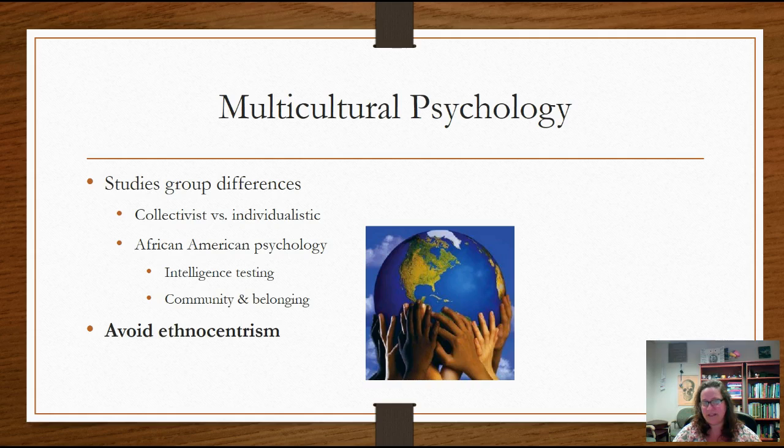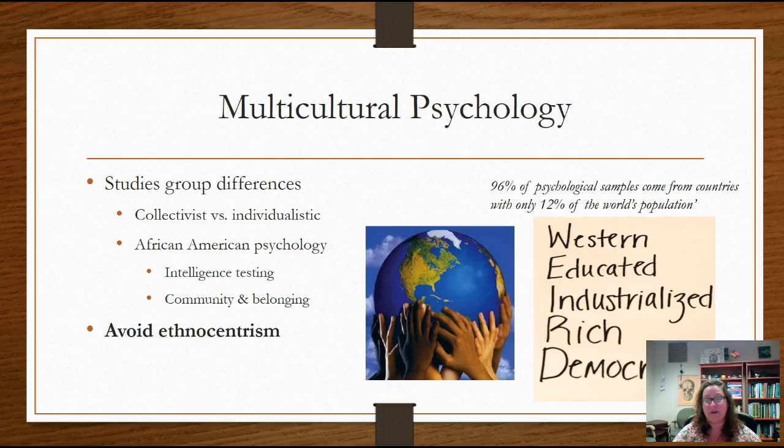And this is something that's really, really important to psychology because we do have a crisis of being WEIRD. And so what we mean by that is Western, educated, industrialized, rich, and democratic. So almost all of our psychological samples, all of this research that we base this field on, comes from countries that are WEIRD, people that are WEIRD. So like the United States is a WEIRD place. We don't represent the rest of the entire globe. And so it's very, very important in multicultural psychology to incorporate other people, not just sophomores in psychology courses in the United States, which is what a lot of our research is based on. So this is a very, very important area.